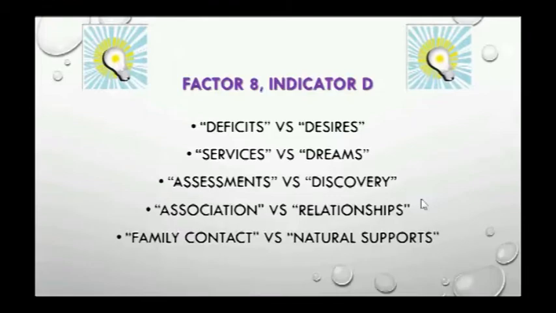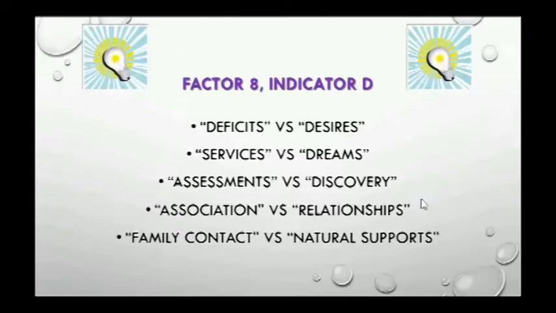Agencies are doing assessments versus discovery, asking questions, but not using that information to carry over and develop a service that is specific to the person's dream. Agencies are doing association versus relationships, meaning we are associating people. We take them to the mall, we take them to the store, we take them to church, we take them to the park, but we're not helping the person understand how to build relationships. We're not interceding on the person's behalf and saying, you know, this person might be a good match for a friendship,